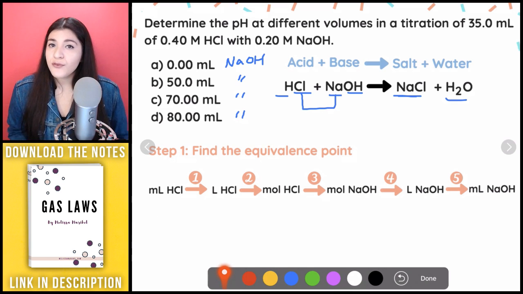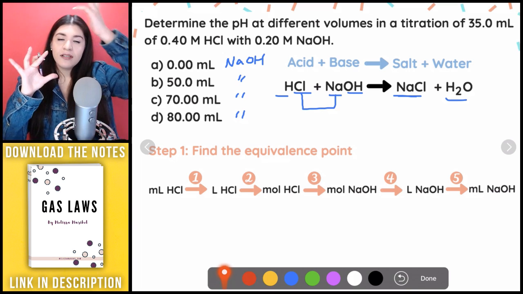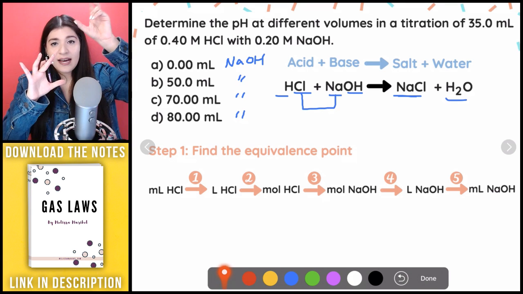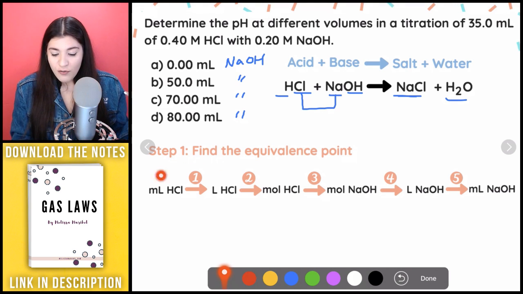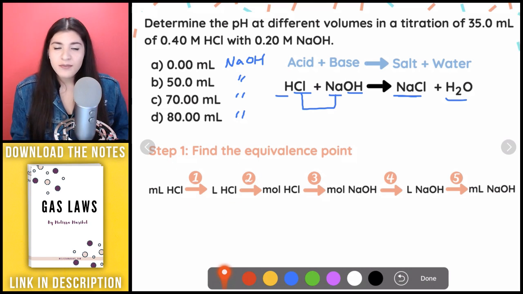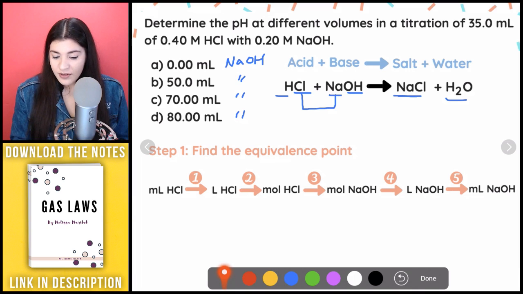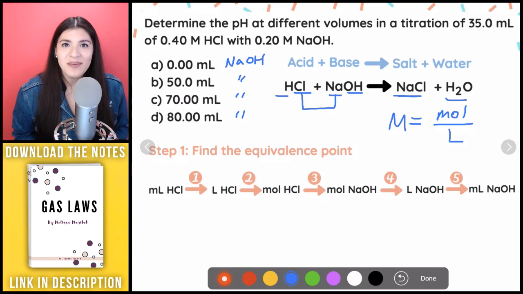And yes, you will start with the volume of your acid, or whatever was in that beaker, right? And then the titrant, meaning that base that was in that burette. So essentially that's what's going to be happening here. So I'm going to start off with the milliliters of our acid. And then next, I'm going to change that to liters using 1,000 mils is equal to 1 liter. And then next, I'm going to use the molarity that was provided. And our molarity that was given was this 0.40 moles over liters, because remember, capital M just means moles divided by liters, all right?